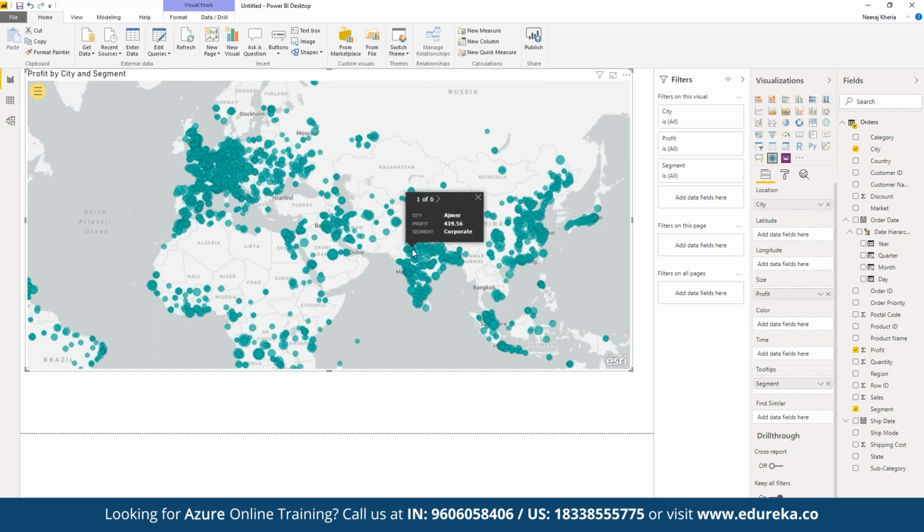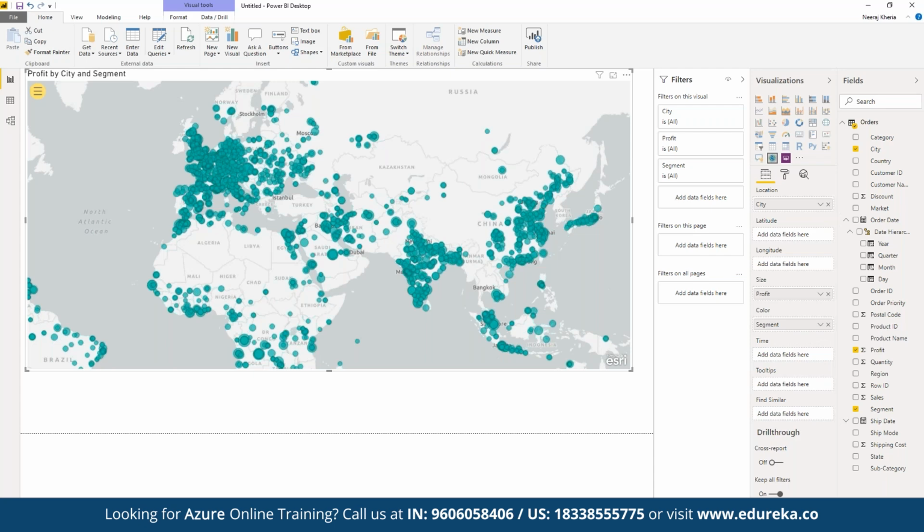Tooltip as in if we hover over different items here, then only we are going to see the detail as a part of tooltip. So we can define it either as a tooltip, or we can define it as a part of the color scheme that we want to visualize.